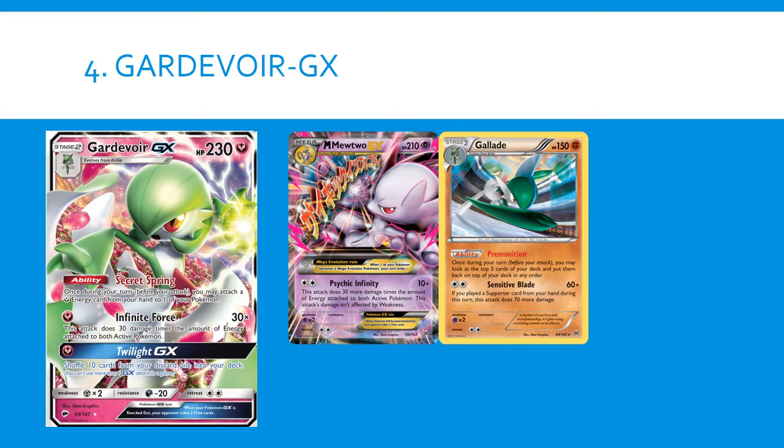But kind of icing on the cake, we got Gallade, which evolves from the same Ralts and Kirlia that Gardevoir does. Can get this guy out. Premonition is a stupid good ability, and Sensitive Blade is a stupid good attack. So just another little guy. You can hit Turbo Dark for weakness because Turbo Dark is probably